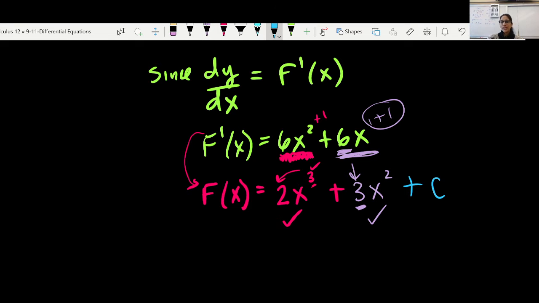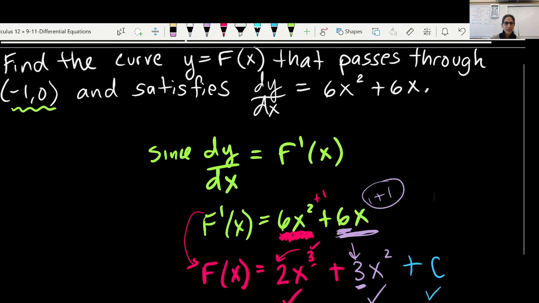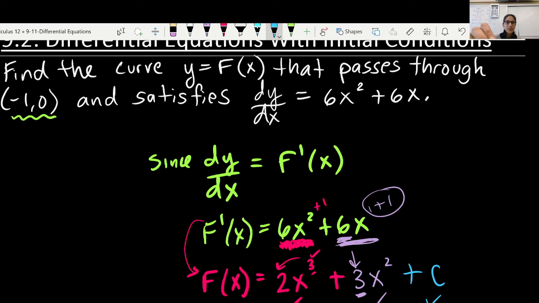And then just a reminder, because this is something that people often forget, we always need to put the plus c at the end, because if there was a constant there, when we took the derivative of it, it would have been gone, which would have left us with an empty space or nothing there when we're looking at the derivative. So going back to the initial information that was given to us, it said, find the curve,